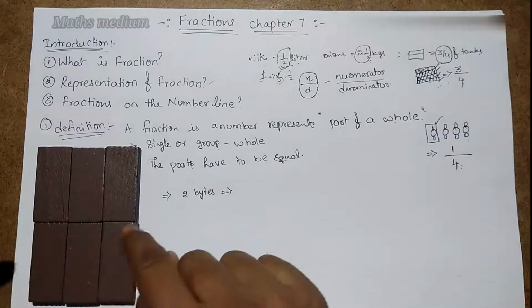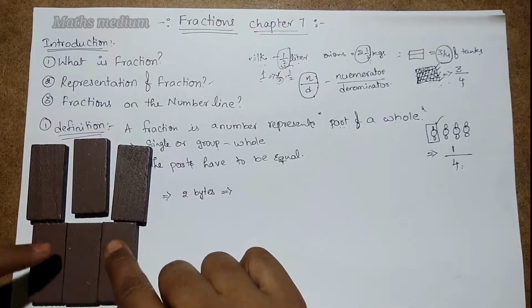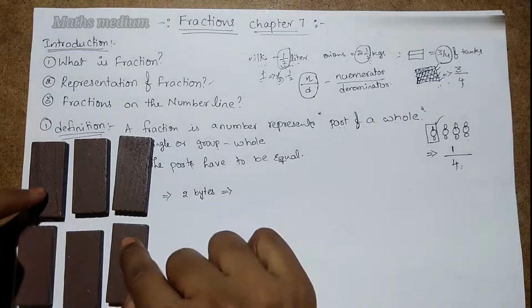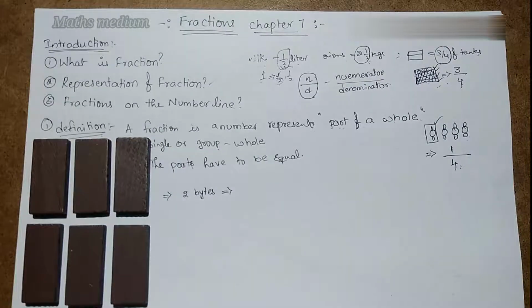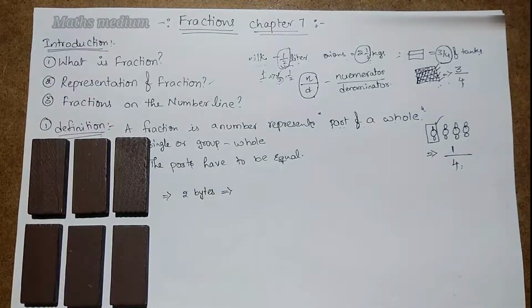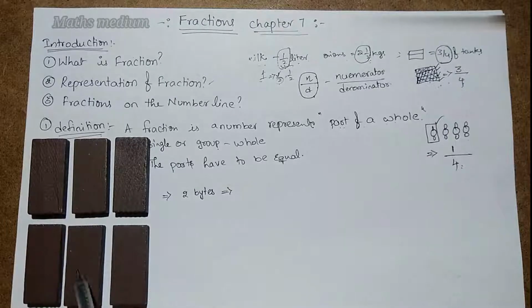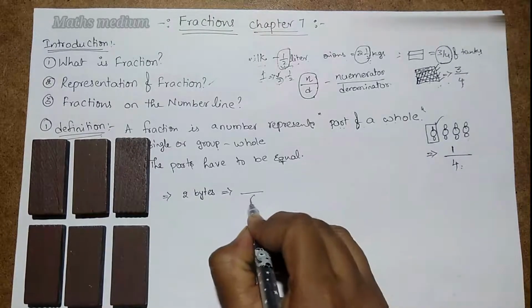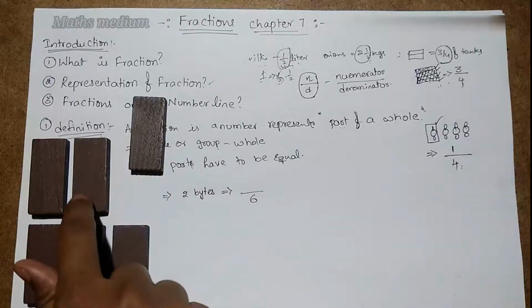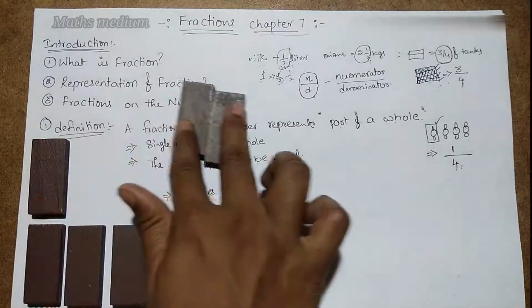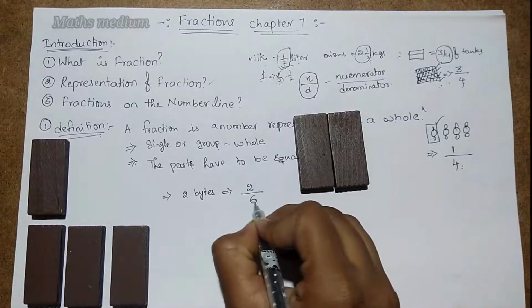First of all, you have to divide it into equal parts. So next you have to divide it into 6 equal bites. See here, these are equal in length and equal in width also. Next, coming to the 2 bites we have to give. First of all, take part of a whole. What is the whole here? 1, 2, 3, 4, 5, 6. So that is the 6. And how many bites do you have to give? 2 bites. That is 1 and that is 2. You have to give 2 bites to your friend. So we are representing 2/6.